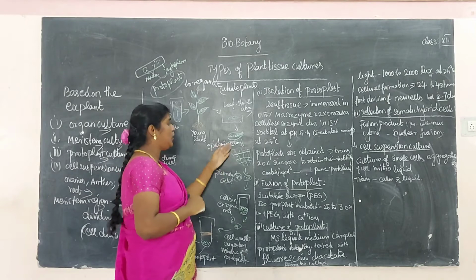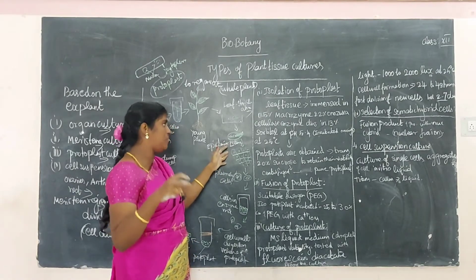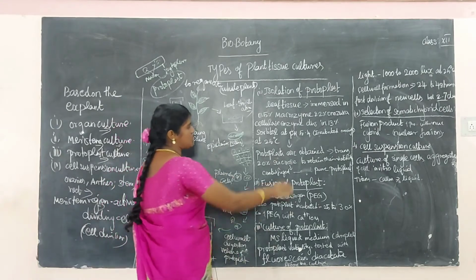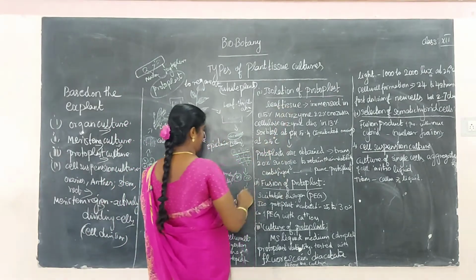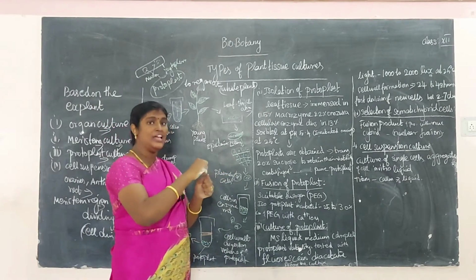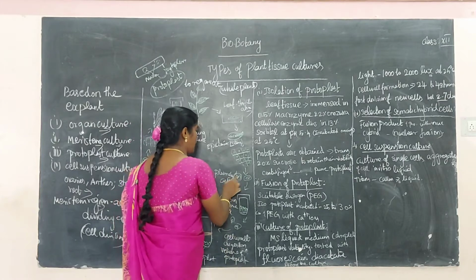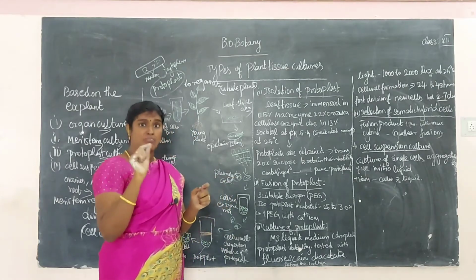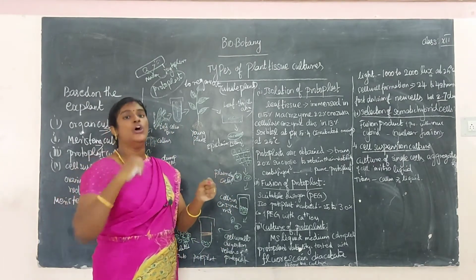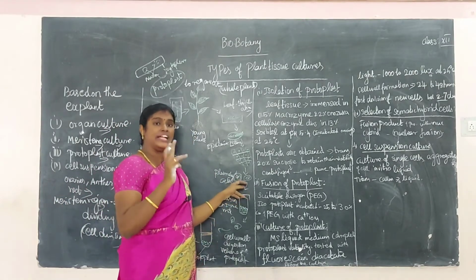For epidermis peeling, we use some chemicals. The leaf is first immersed in a chemical. For example, in the first method, the cells become plasmolysed. When peeling the epidermis, some cells easily come out from the leaf. These are called plasmolysed cells, where the plasma membrane is easily peeled out. The plasmolysed cells are cut into small pieces.